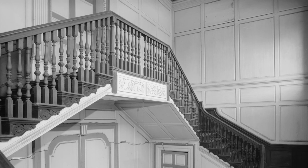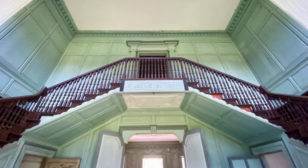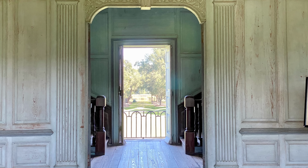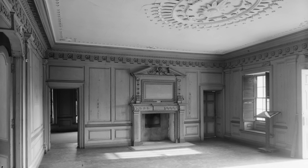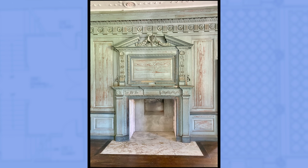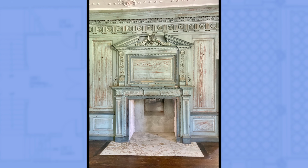We can imagine how grand the Draytons must have appeared, standing at the balcony, framed by an elaborate classically styled door surround, as guests arrive through the front door looking up towards them. From here we can continue from the stair hall into the Great Hall, where we are met by exquisitely carved wood paneling. In this historic photo of the room, we can more accurately visualize just how little has been eroded by time. Even with fading paint and cracked plasterwork, the timeless, unrelenting beauty of the room's classically styled and mathematically